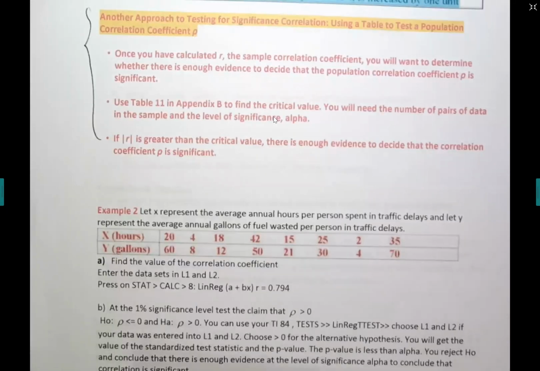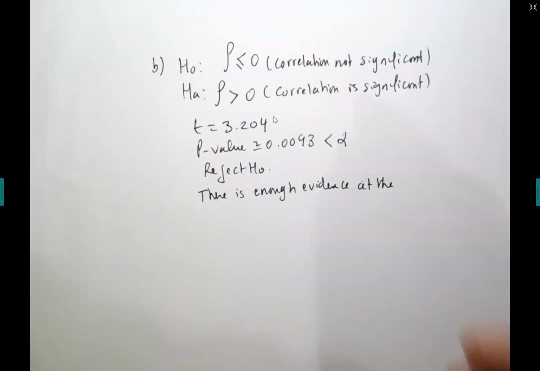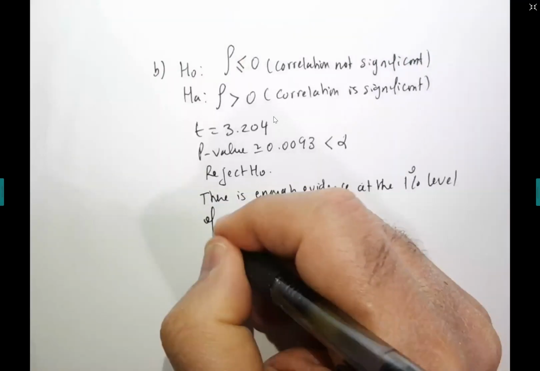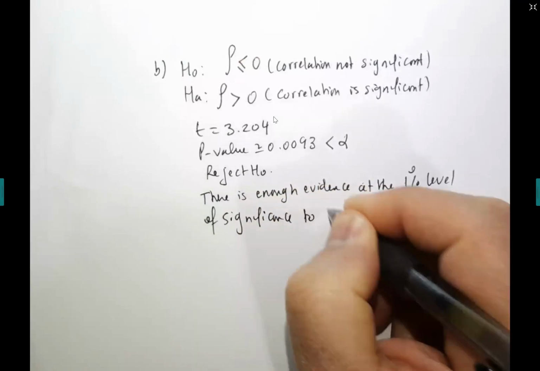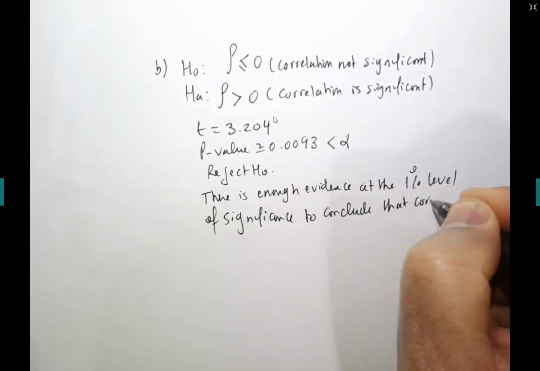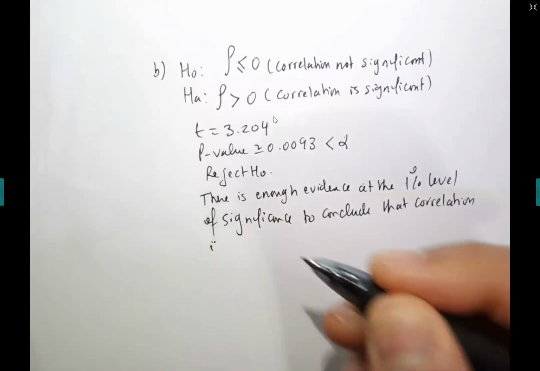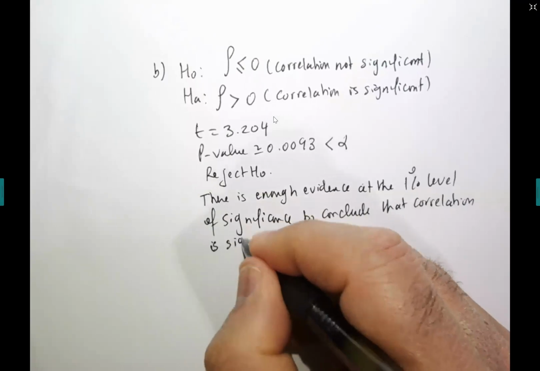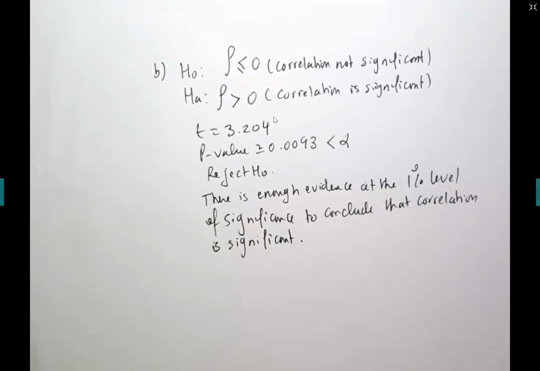At the 1% level of significance to conclude that correlation is significant. That means you're supporting the alternative hypothesis. Once you say correlation is significant, you are supporting the